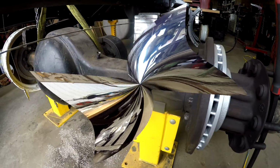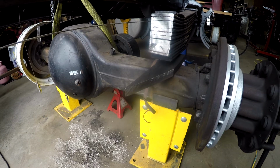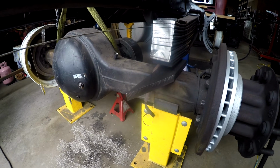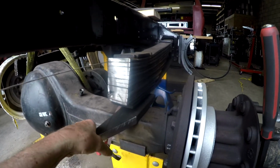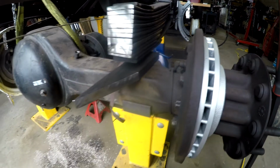Bring you back. Okay, so in the other part of this video on the haul truck, I'm going to be discussing the fabrication of the parts for the air suspension on the rear of the truck. And what you're going to see me doing first is building this plate,